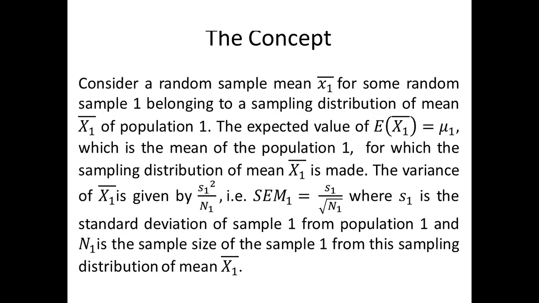The variance of x1 bar is given by s1 square upon n1, and when we use this s1 square upon n1 for the variance, it means that we do not have the population standard deviation, rather we are making use of the sample standard deviation. And this is the case that most often happens, because normally we are not provided with the population standard deviation, so we have to use the sample statistics. So in this lecture we will be focusing on the sample statistics rather than the population standard deviation.